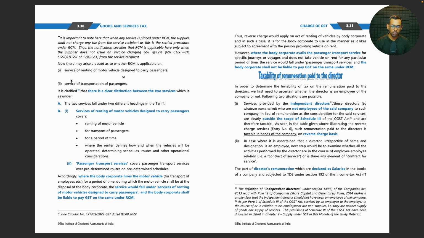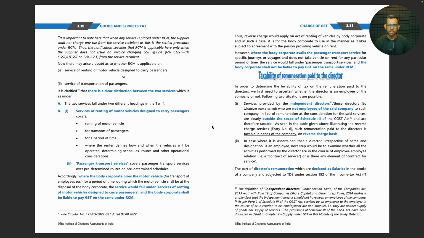But the service of transportation of passengers is the example where we book an omnibus. Let's say I want to go from Chennai to Bangalore under a proper bus transport, let's say KPN or Hebron. Then the bus time, everything will be decided by them. I just pay for my seat. I get myself transported, and I have to go to the place where they ask me to assemble, and I also have to get down at the place where the bus goes. I can't get myself dropped at my home. So that's the difference between both the services.